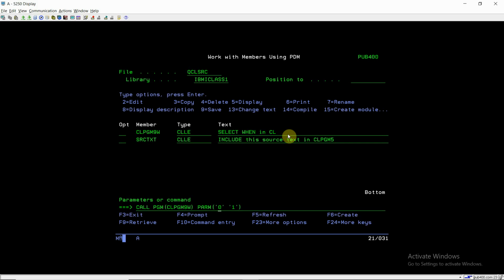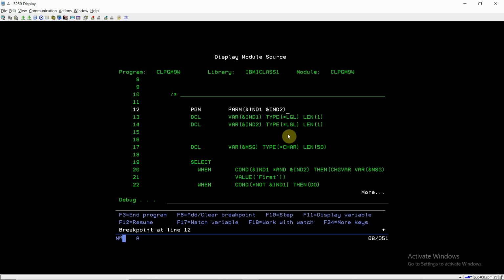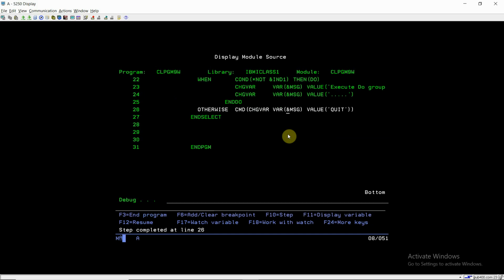Now if we pass 1 and 0, and press F10, this condition fails, and this condition also fails because the value is 1 for this one, and this otherwise command will get executed.